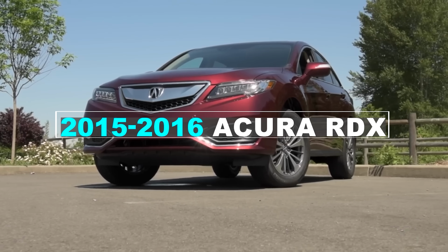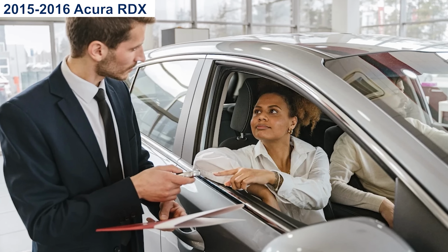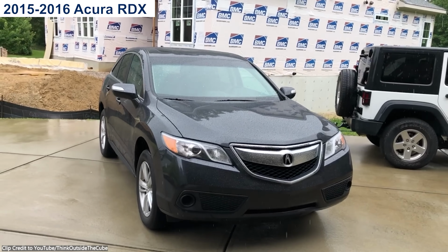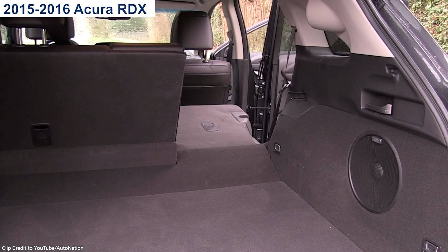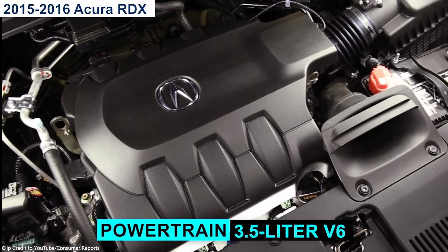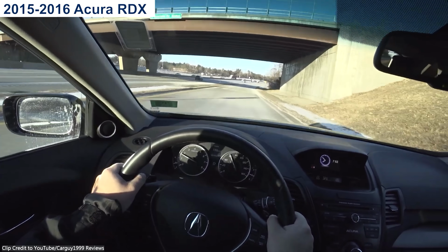2015 to 2016 Acura RDX. If you're shopping for a used SUV that blends solid reliability with a dash of luxury, the 2015 to 2016 Acura RDX deserves serious attention. This two-row SUV packs a silky smooth 3.5-liter V6 engine, delivering a confident 279 horsepower and making it genuinely fun